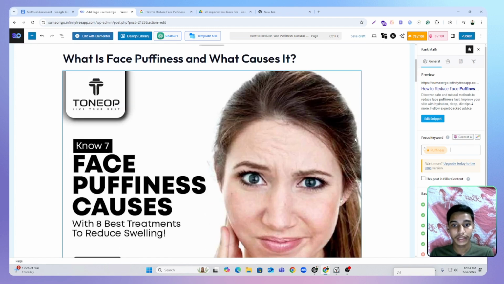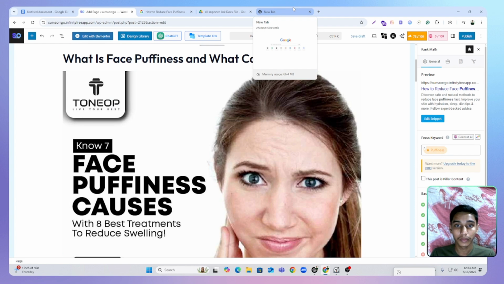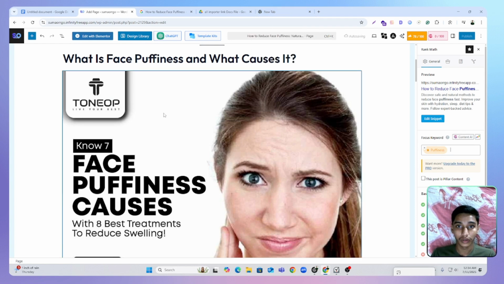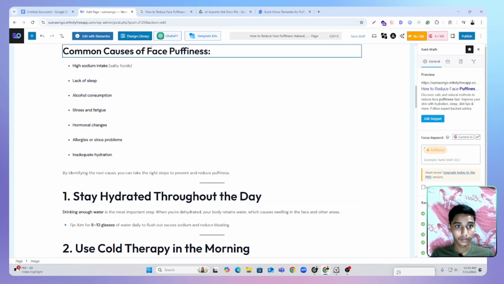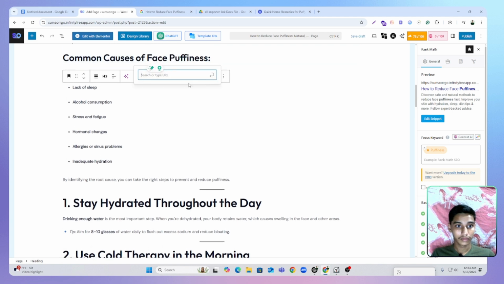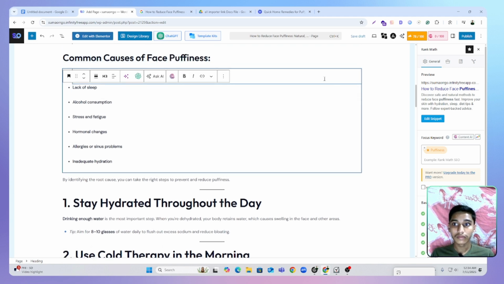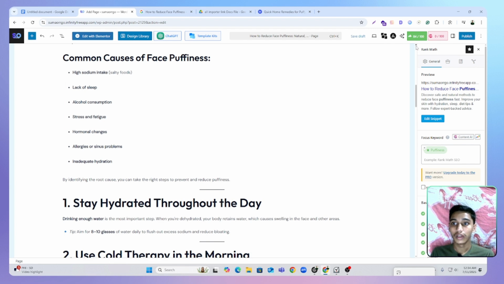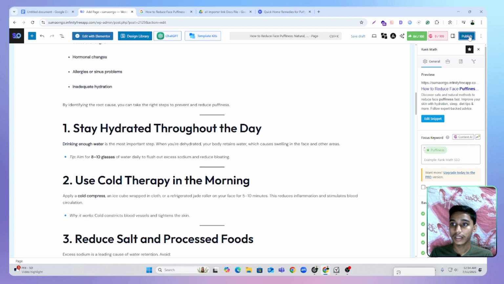Okay, now I add the outbound link. Outbound links are very important for optimizing your content. Well, now my score is 84. That is enough and good. Okay, now I click publish,